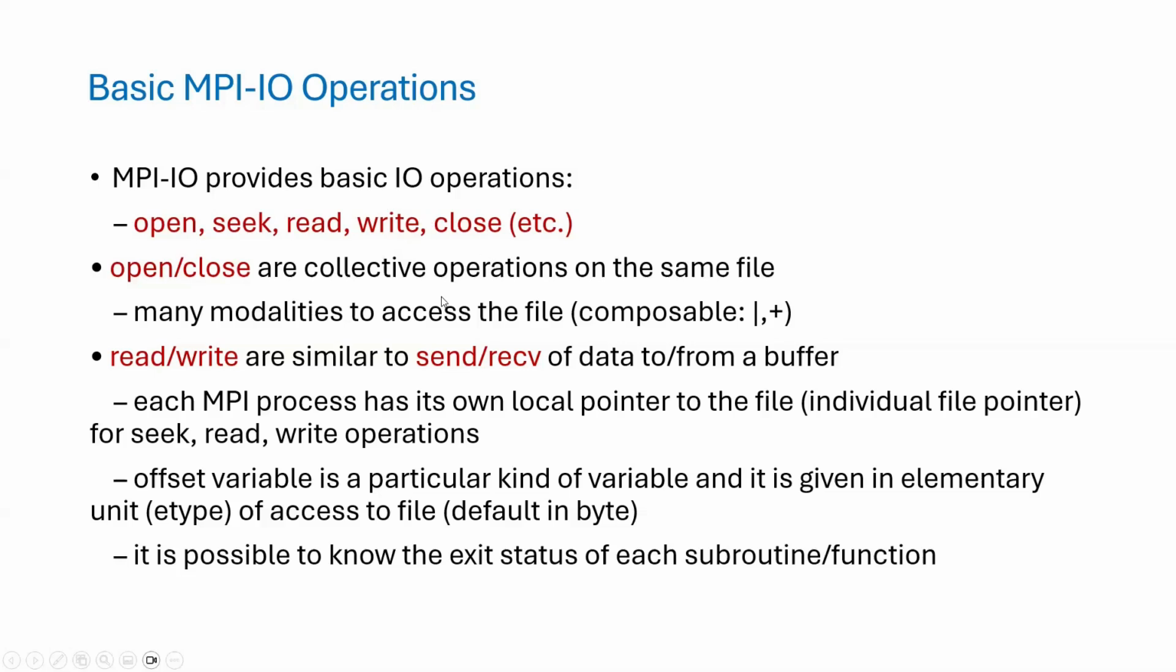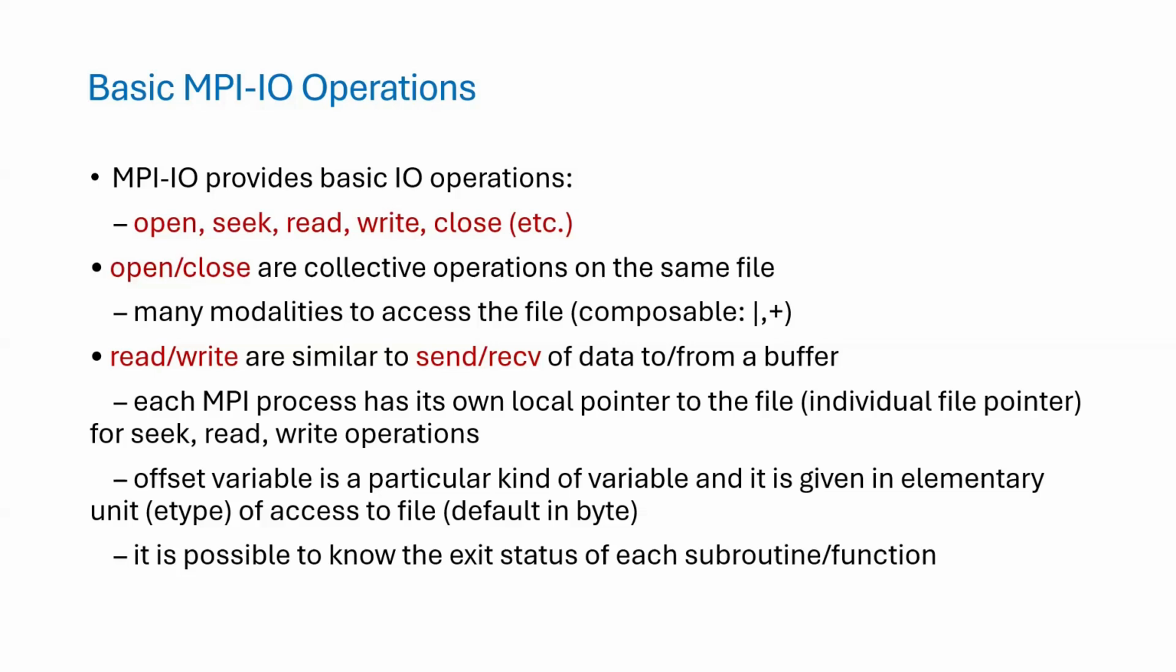Open and close are collective operations on the same file, because the open and close are performed by all processes. The read and write are similar to MPI send and receive of a message: basically, where the data is to read from or write to, and then eventually it goes to a file. Each MPI process has its own local pointer to the file, the individual file pointer, for the seek, read, and write operations. And we have offset